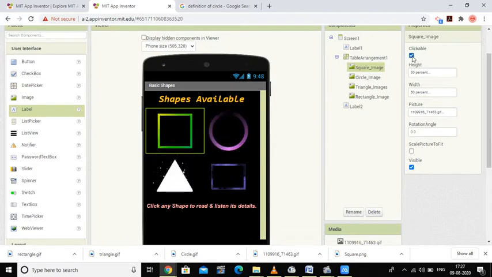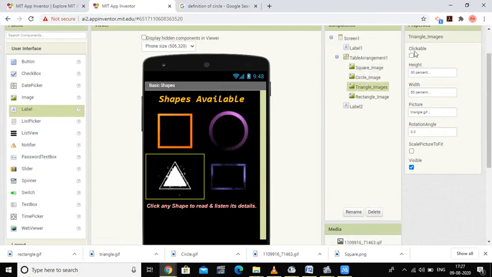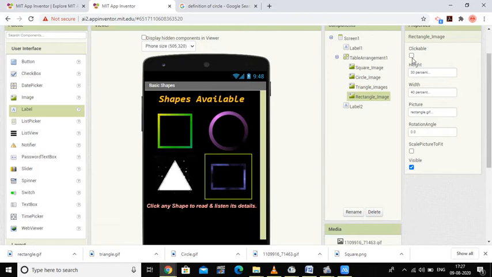You have to enable it, because when someone clicks this, something should happen. Similarly, the second circle image should be clickable, the triangle should be clickable, and the fourth image, the rectangle, should be clickable. In this way, I have made all of these images clickable.